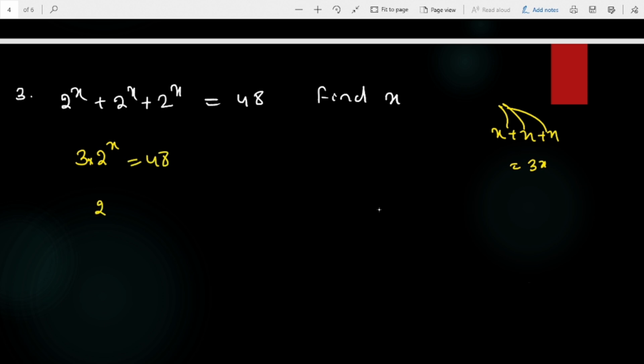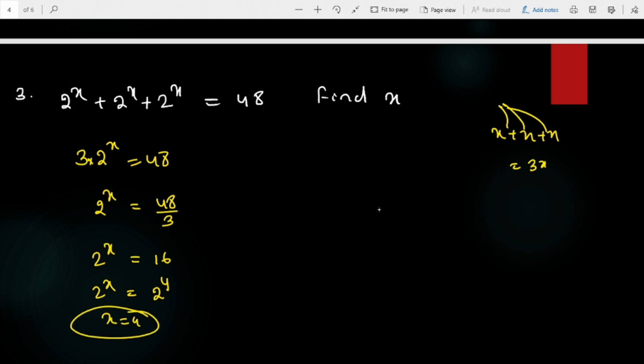Okay. Now 2 to the power x equals 48 divided by 3. Now 2 to the power x equals 16. 2 to the power x equals, converted into base 2, 2 to the power 4. So x equals 4. Any doubt? Okay. So next question,